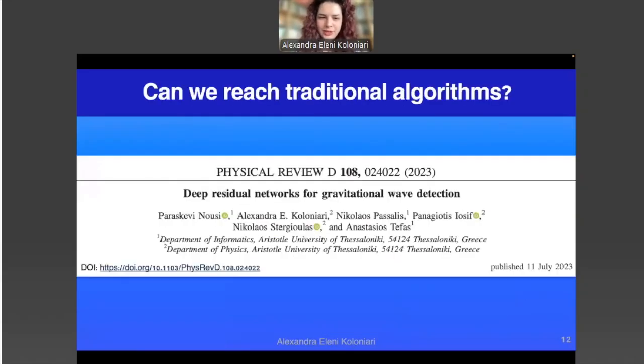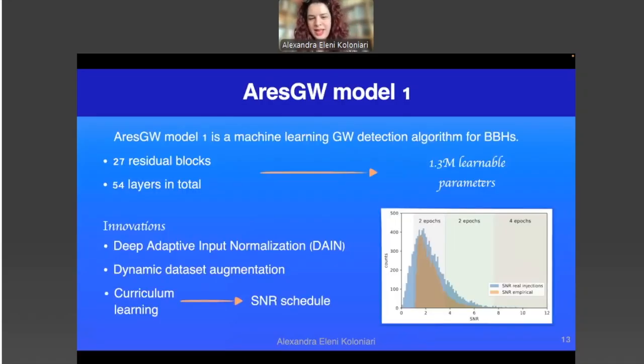So that creates a question. Can we reach traditional algorithms? Spoiler alert, yes we can. And here is where this specific publication from 2023 comes into play. This publication introduces AresGW Model 1, which is the model we will discuss in this hands-on session. It is a machine learning gravitational wave detection algorithm for binary black hole mergers.